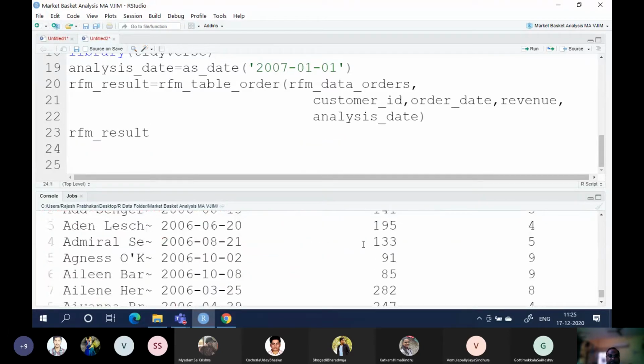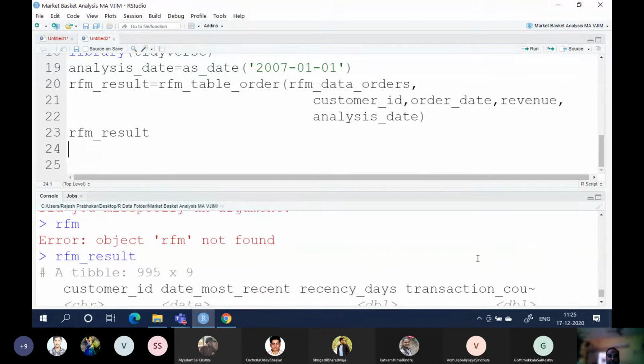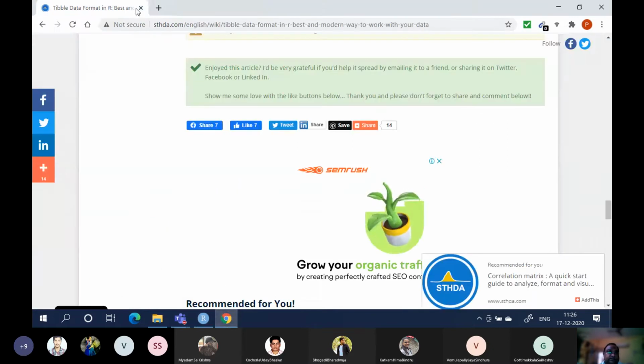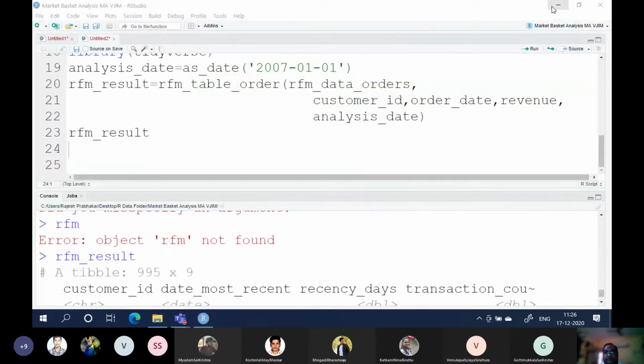Okay, so this is done and completed the whole thing, but we are not able to see the complete thing.